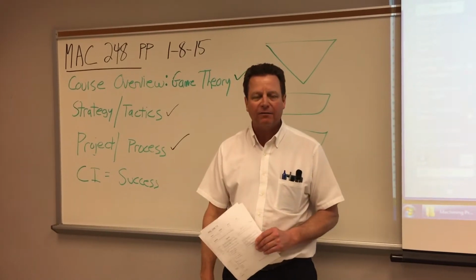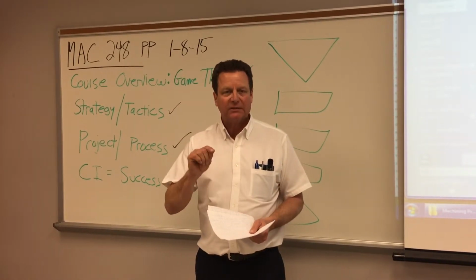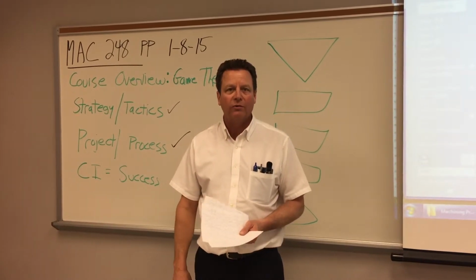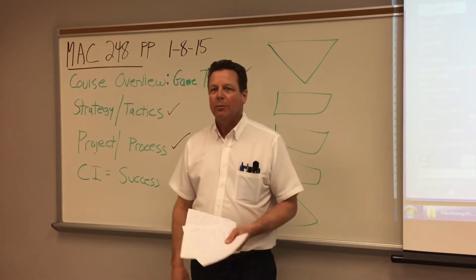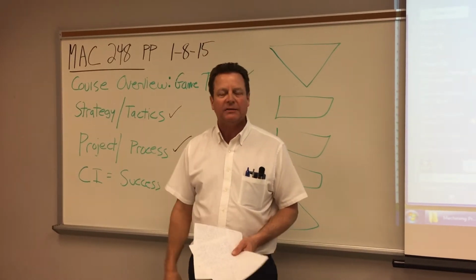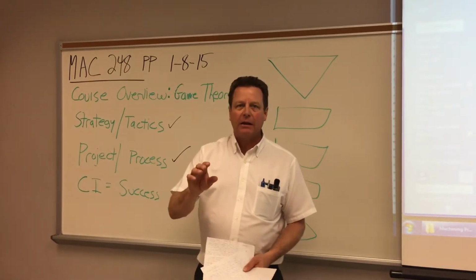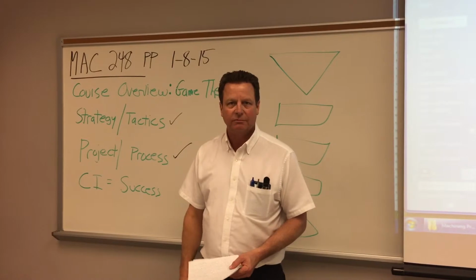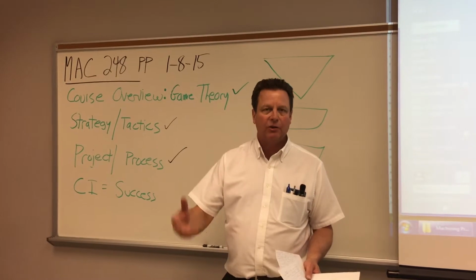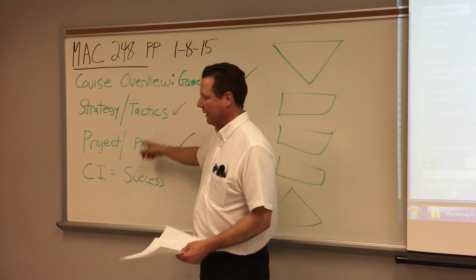I also read you the manifesto of this class, which was that this is a college level business administration class. It's a very low level, 100 level course in business administration. Why? Because the production procedures of a company are the way that it competes and survives in the marketplace. And continuous improvement is how they get competitive advantage. And in order to do this continuous improvement, you have to understand the basics of project management, and you have to understand these terms.